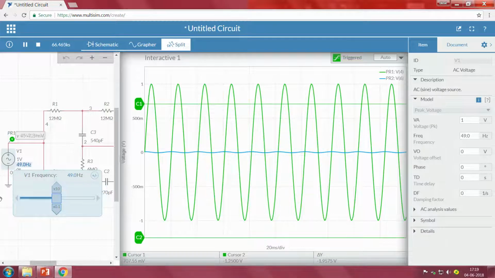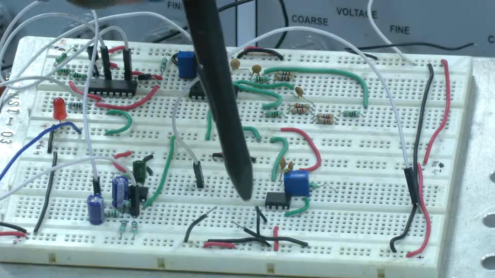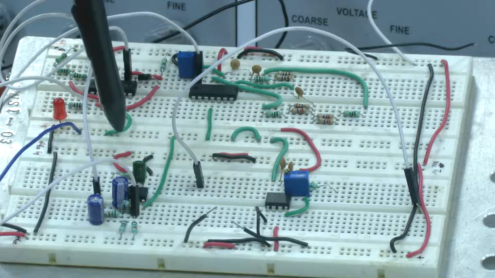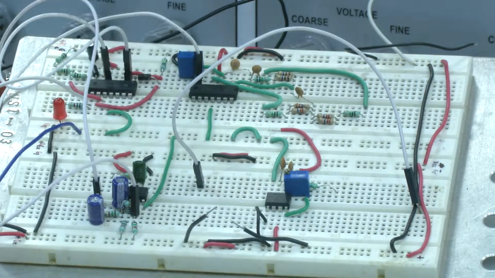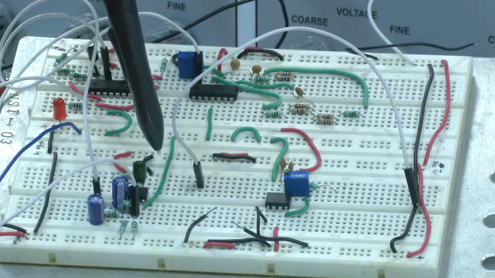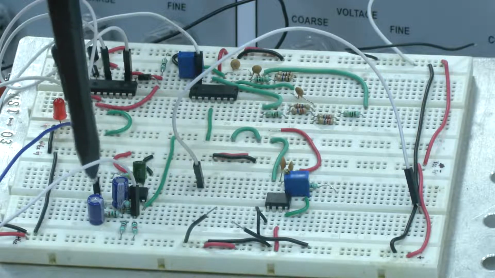Now, how do we perform an experimental setup? When we look into our board, if you recall, this particular portion we have used for both low pass and high pass filtering. So this portion is for low pass filtering, and this portion is for high pass filtering.